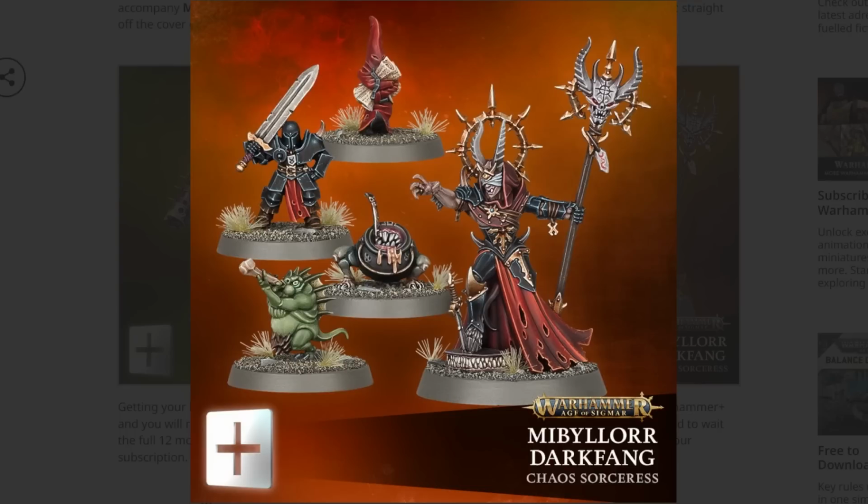I do quite like Miss Darkfang herself, although I'm not 100% on the head for this one. I like the hoof. The hoof's nice. The armour looks cool. I like the fact that it's got that kind of cloak, I guess more sort of a dress. I don't really know what you call that, because it seems to wrap all the way round, but it doesn't go all the way up, I don't think. It looks like it's separate from the cloth hood that's going over the top of the armour. Who knows? Whatever it is, I do like that, but it does look a little bit like there's only one leg, and I suspect that's probably because there is. I think the other leg is supposed to be inside all that cloth, but it doesn't quite...